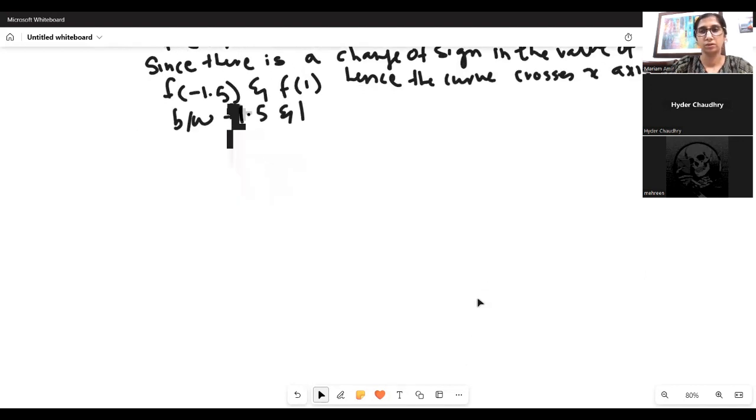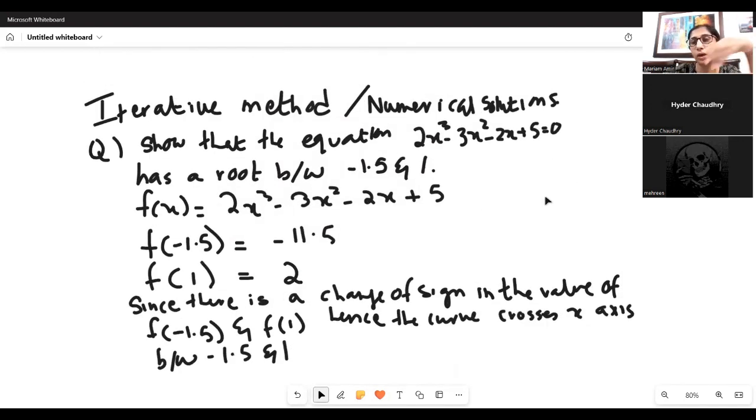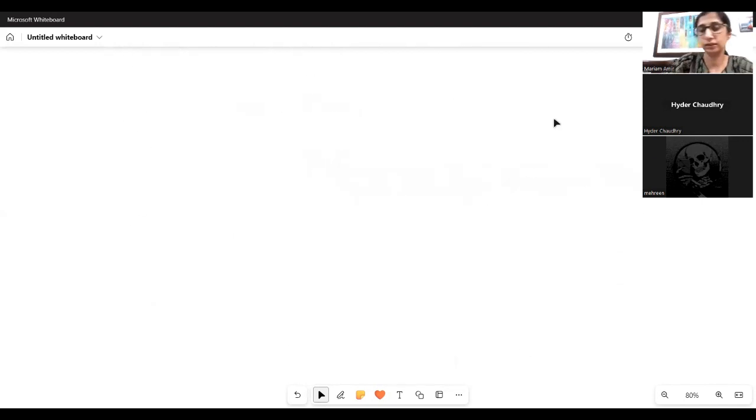One kind of question you'll see in this topic is that you'll be asked to prove or show that the root lies between two values. There you have to use the change of sign method. Another type of question you'll see in the past papers from this topic is